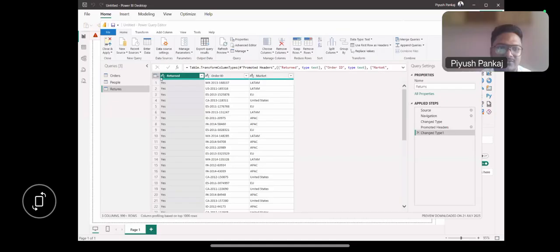We have a shortcut. So what I did, I wanted to transform the return table. I wanted to remove those columns, and I wanted to take the first column as